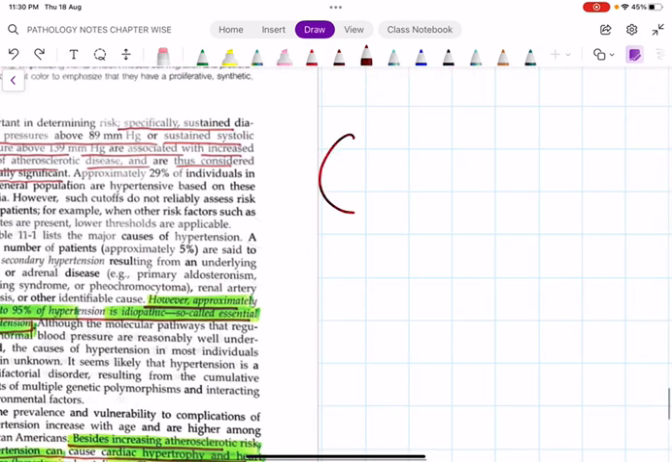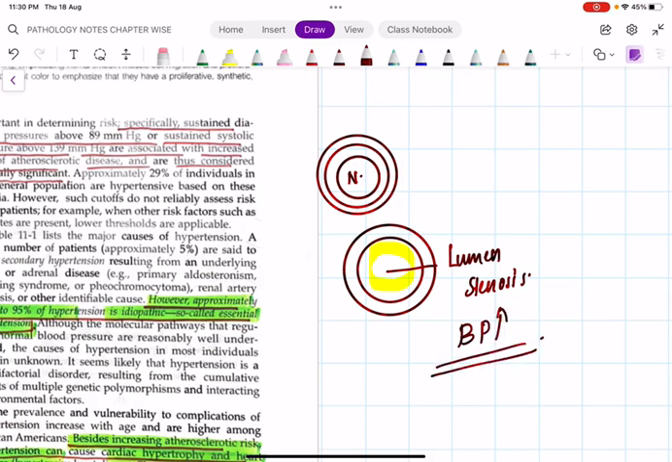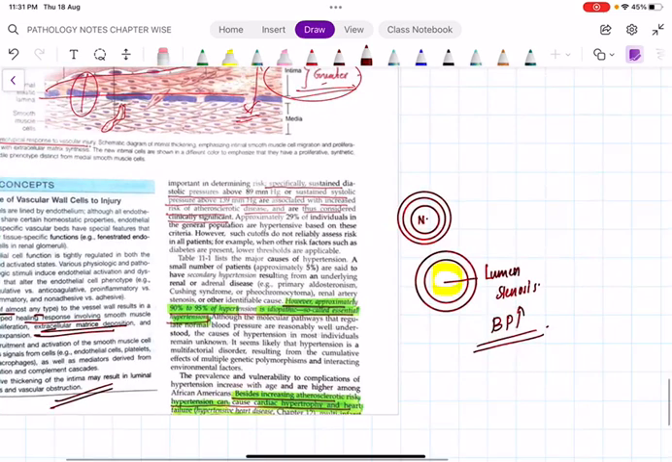So this is the normal blood vessel. I am drawing the 3 layers. This is the normal lumen, I am writing N. Whenever there is an intimal thickening, I am drawing the third layer with yellow to show the thickness. You can see that there is lumen stenosis. When lumen stenosis happens, what is the clinical feature? Increased blood pressure. This is the basic pathogenesis mechanism behind all types of